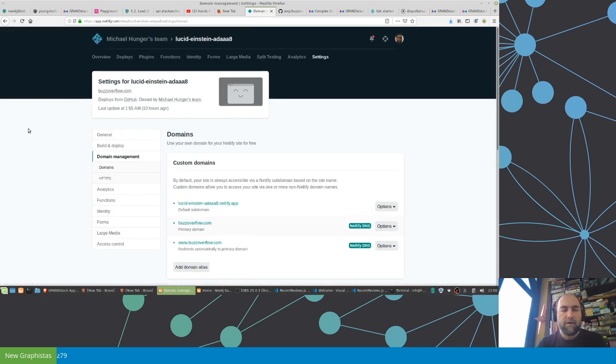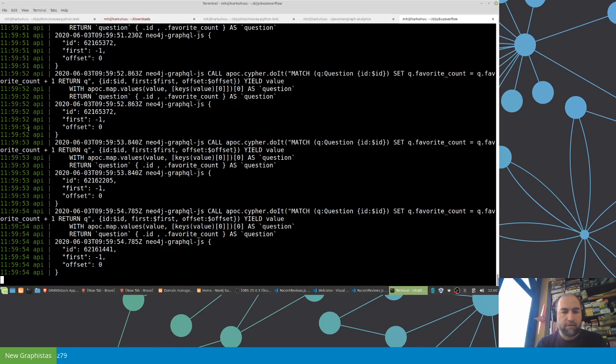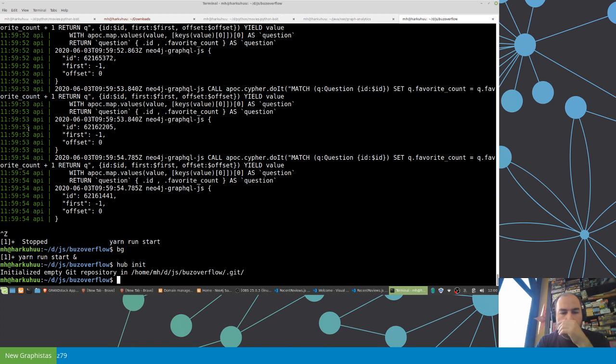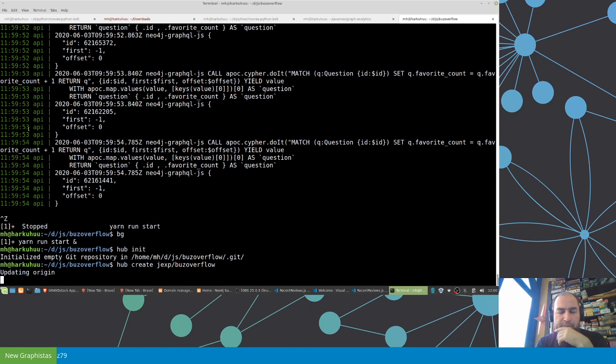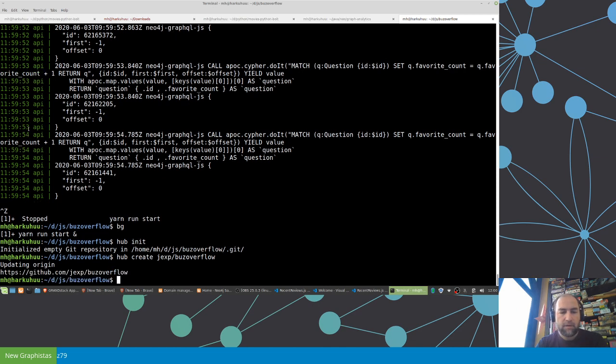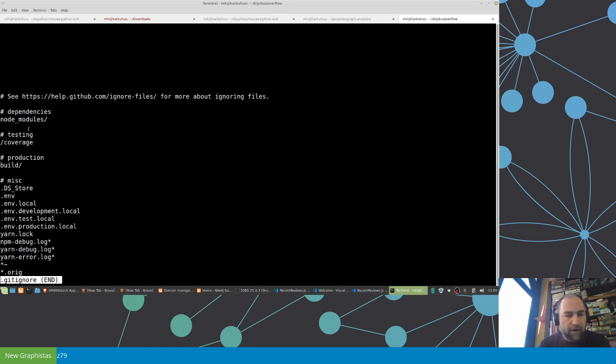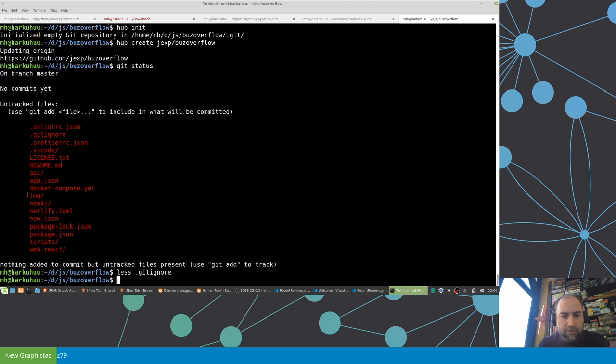GitHub and to Netlify. So basically what I can say is here hub init, and then hub create a GitHub repository, and then we can just git status. So env file should not be. So if I look at git ignore, so the env file is actually excluded, and we should probably also ignore the